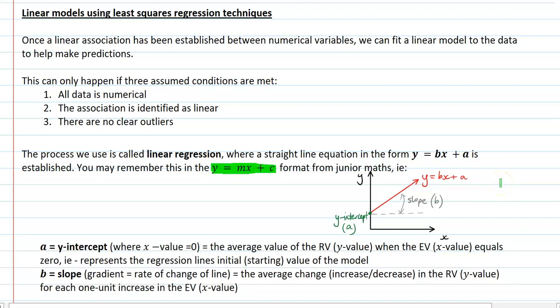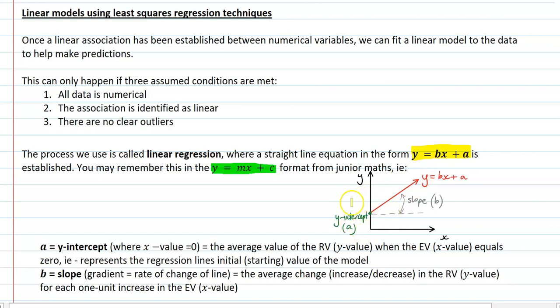So, just like in junior maths, we know the m represented the slope and the plus c represented the y-intercept. For Maths General, this just changes a bit, but instead of m we have b that represents the slope. So remember that's that angle to the horizontal, or the gradient that the line makes.